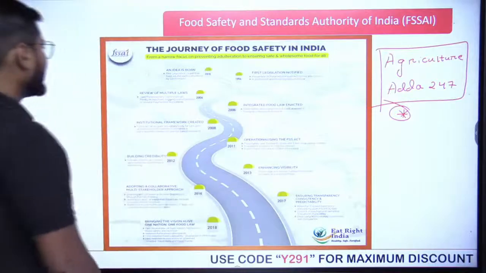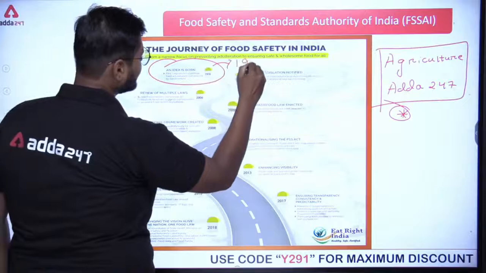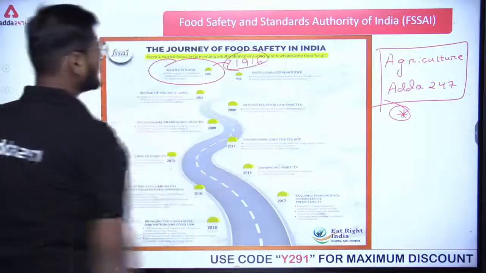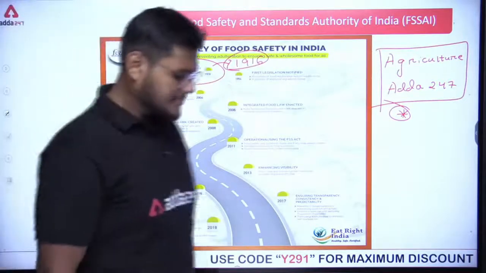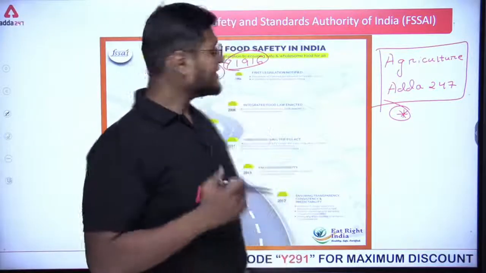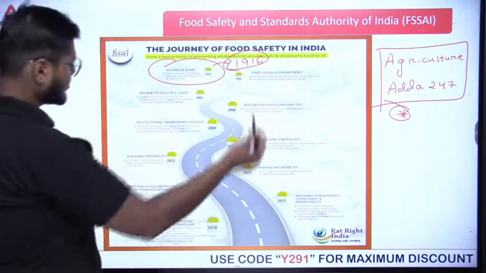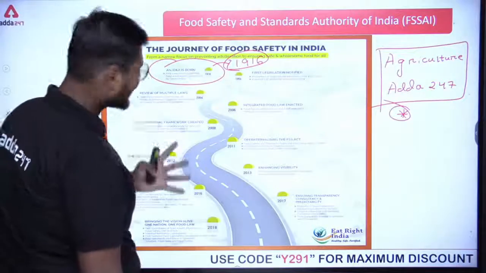Yeah, so see, everything started in 1916. I'll only tell which are important here. 1916 is not that important, but in 1916 an idea was born that yes, food safety is a concern and we should look into it. Then the first legislation notified regarding food safety, like the Food Adulteration Act.